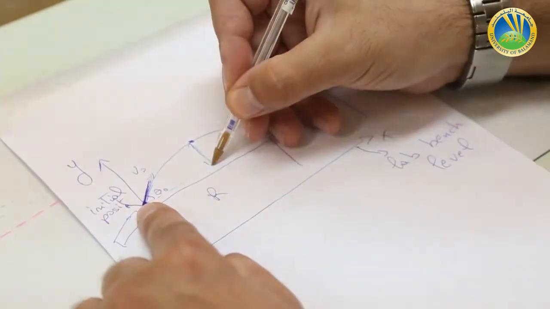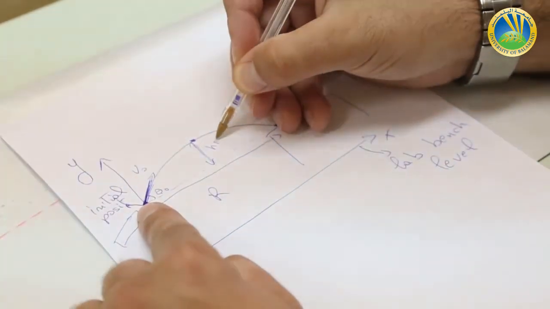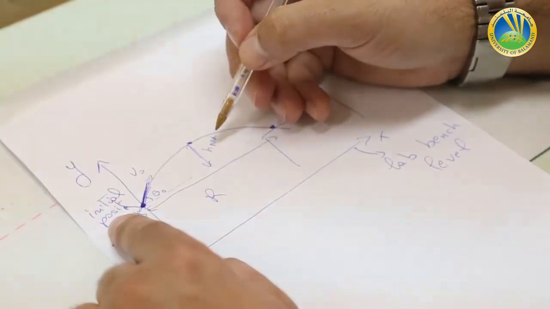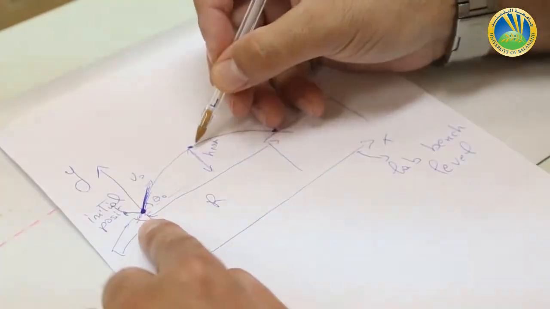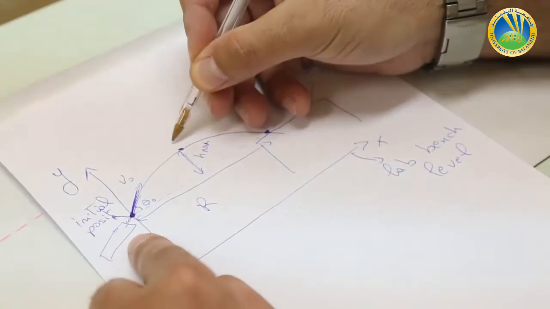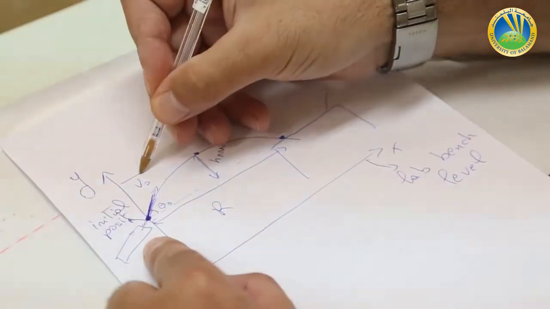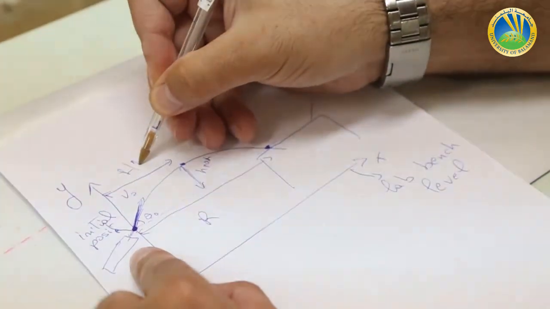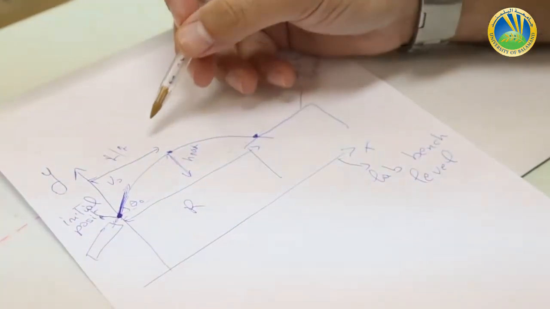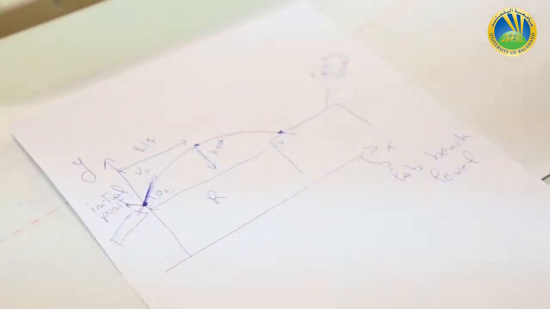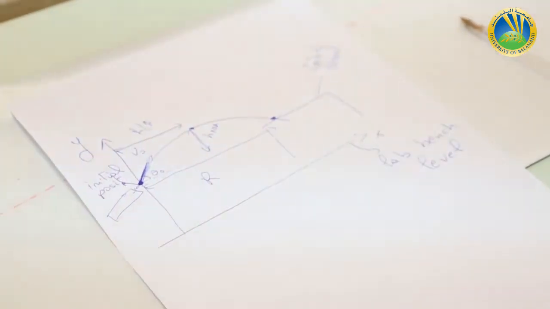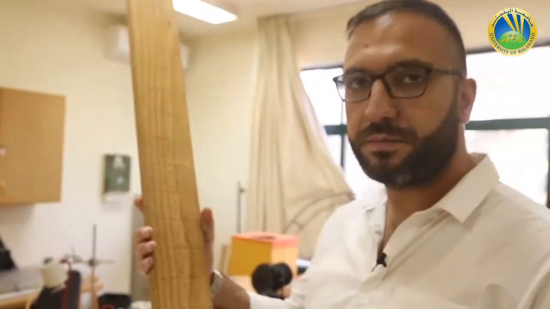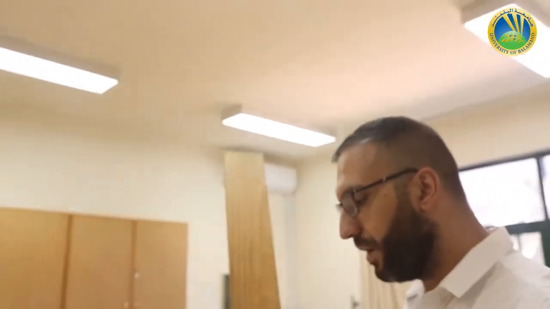so this is the H max, measured from the initial level, which is the initial position, and the maximum height will occur at R over 2. R over 2. So that's why we have to place this ruler at the mid-range. So, for example, for V1,